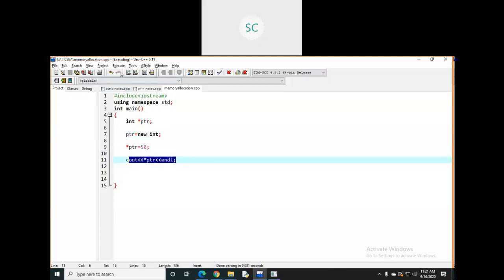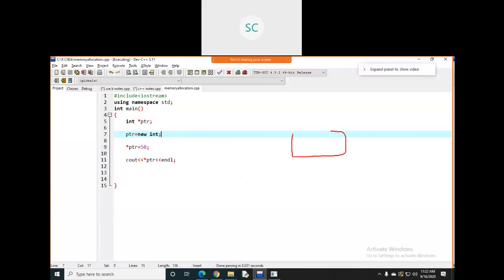Sir, here we are taking only 4 bytes of memory now, sir. But what does this star ptr value mean? And we are not taking this as a memory location, sir. See, it will return the address from the RAM. This statement will allocate some 4 bytes of memory with some address. This address you are having within this ptr, right? Within this ptr it is having.